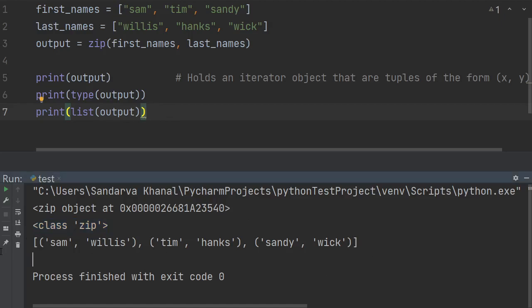So here we can clearly see Sam has been zipped together with Willis, Tim has been zipped together with Hanks, and Sandy has been zipped together with Vic. The output is shown as listed items. This is not only limited to 2 different lists here. So let's say